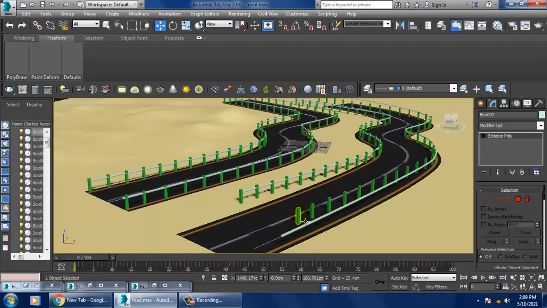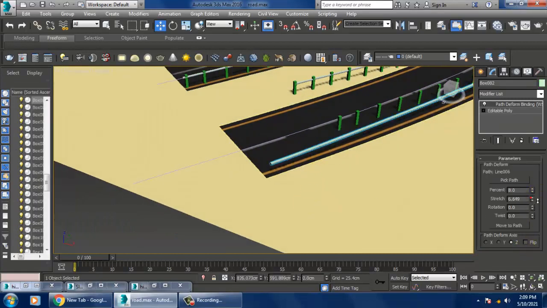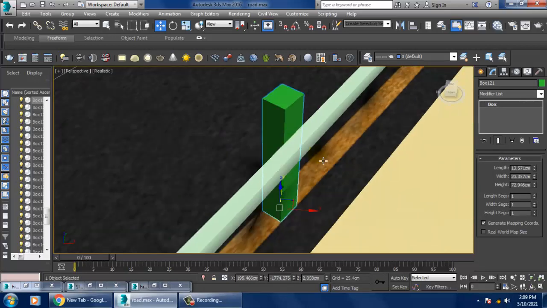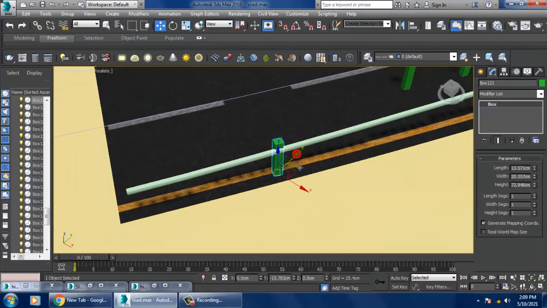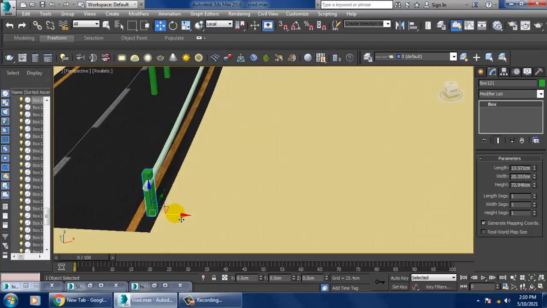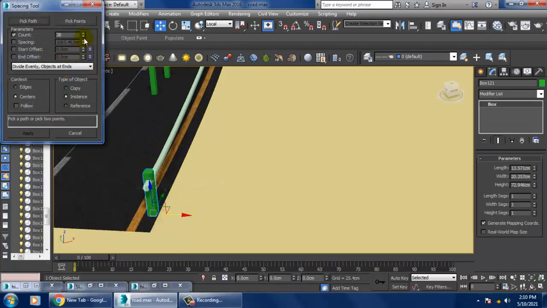So again you have to go over here. So select this and let's just stretch it. Again push this over here. So again go into tools, align, spacing tool, pick path.